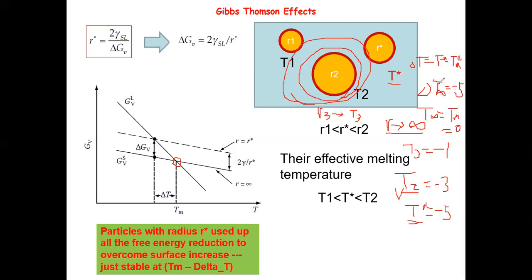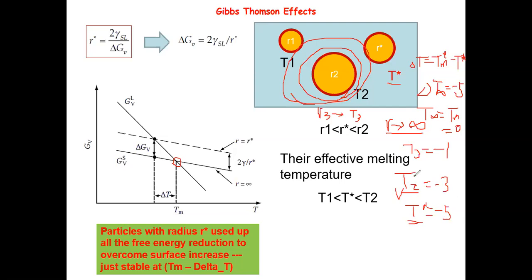So I think I need to change that. Does this make sense? I think I need to change this a little bit. So delta T equals the effective melting temperature minus your T star. T star is the temperature you impose, let's say, right? I'm looking at this R2 particle, right? In its original size, we know that this feels the supercooling of 2 degrees,